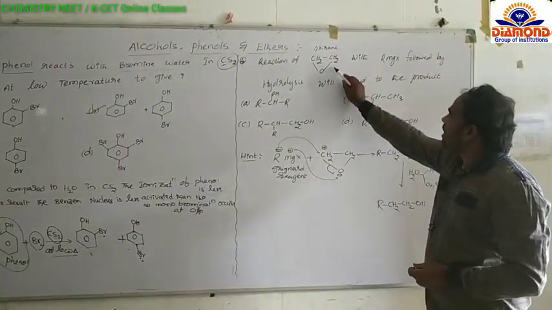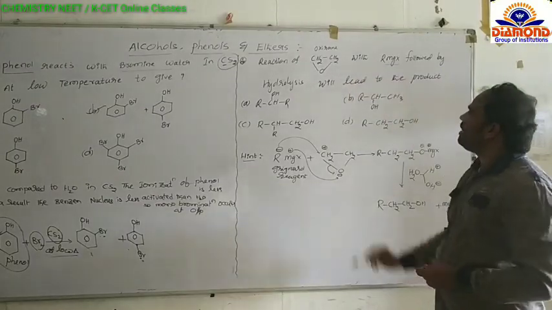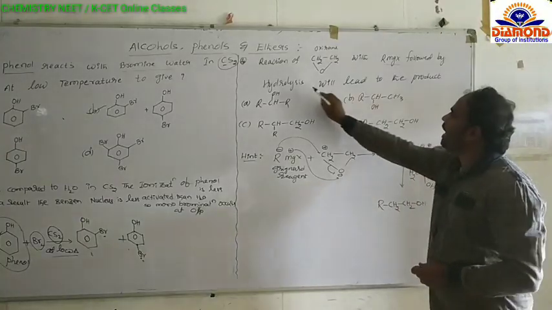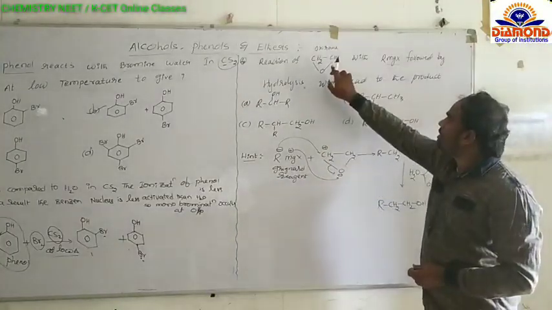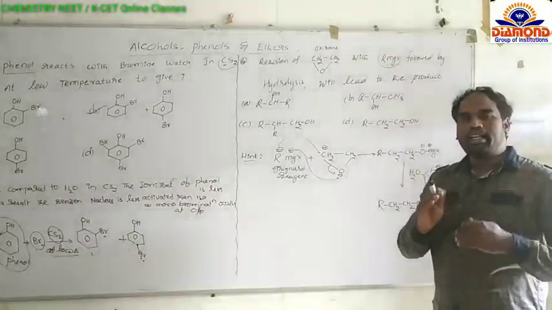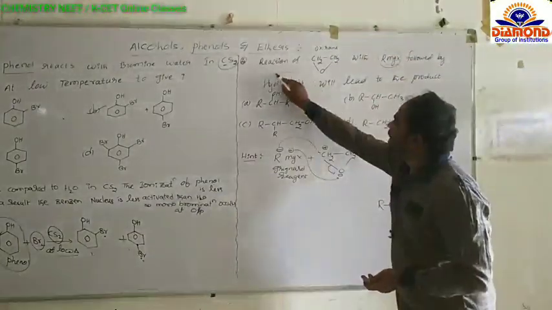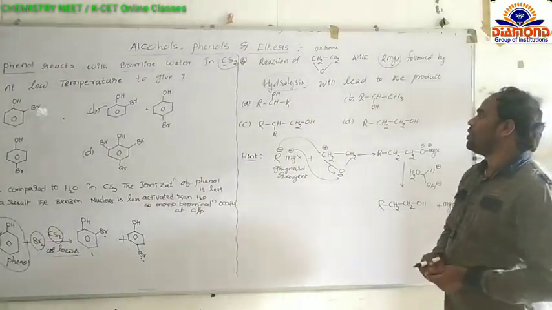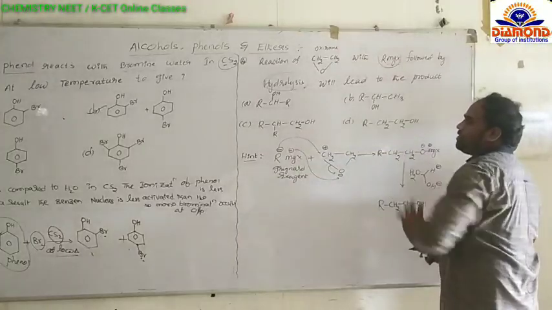If this oxirane reacts with a Grignard reagent, RMgX, which is named as a Grignard reagent, followed by hydrolysis. First oxirane reacts with the Grignard reagent and forms one intermediate. That intermediate again undergoes hydrolysis. Then what is the product? That is the question. Here they have given different options.